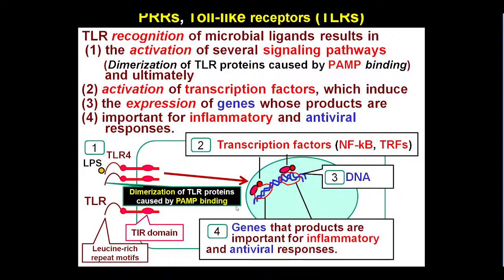How do these molecules work? Here, with this green, this is a cell. Toll-like receptor type 4, for example, reacts to the lipopolysaccharide. After that, a second molecule of Toll-like receptor 4 binds to this lipopolysaccharide also, causing dimerization of two Toll-like receptors type 4. It causes juxtaposition of the TIR domains, the cytoplasmic portions of these receptors. These TIR domains initiate a signal